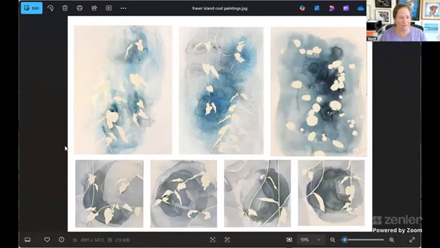So that's sort of how I'm trying to use colour to create those moods. And I'm hoping when people walk into the exhibition, it's a standalone room that they're walking into, they'll get those feelings and understand that as well.